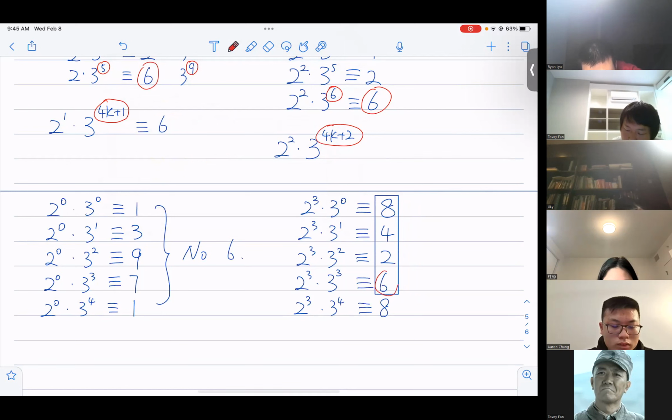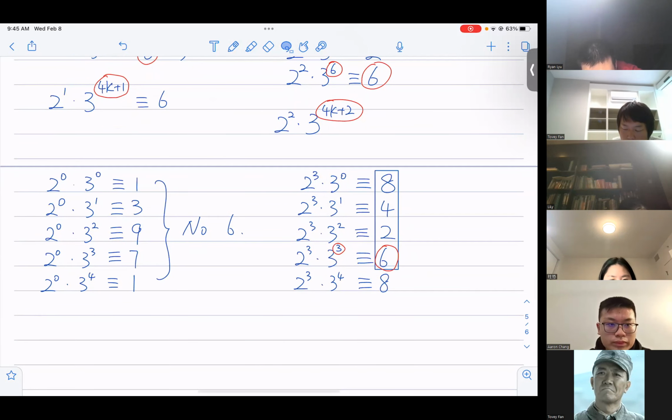Again, to have a unit digit of 6, the power is 3. And since it cycles in 4, what does the power of 3 have to be in this case in order for the unit digit to be 6? Anyone? If it is 2 cubed,